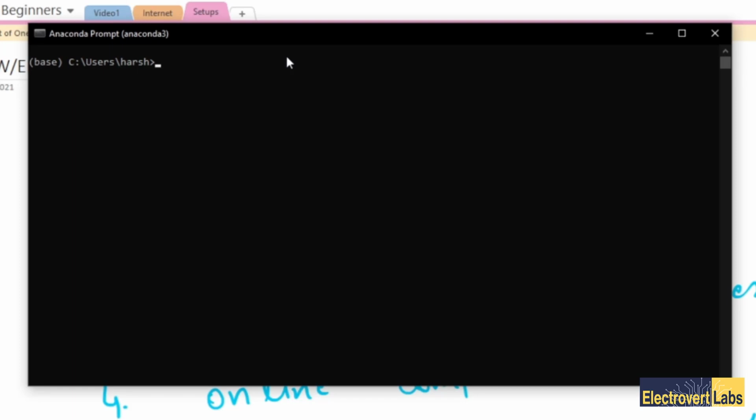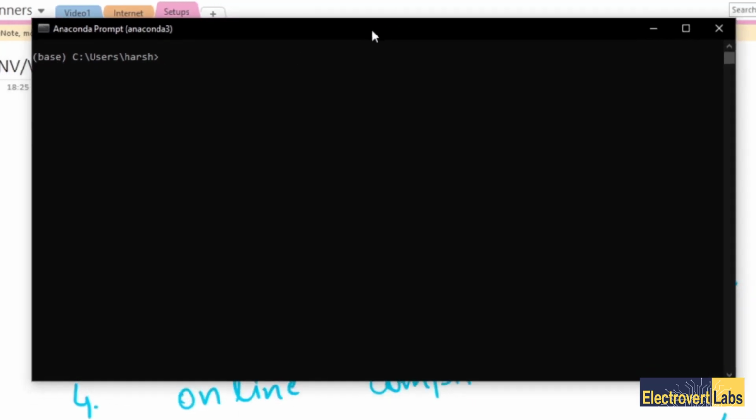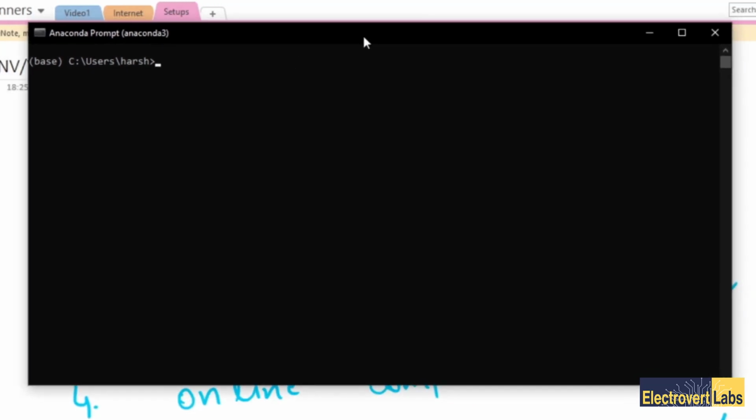So if I want to rename some file, we have some setup commands, and if we enter that, our file will be renamed. All those things that we currently do in a GUI were done by writing those particular commands in the command prompt, and the command prompt is still there, so you can use it. Whatever you can do using your GUI, you can use this also to command your whole computer. And we'll be seeing some of the simple commands that we will be needing in our life while doing C programming. So the first command here is, okay, let me just first tell you what this particular thing means.